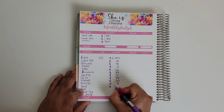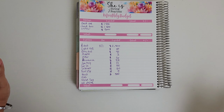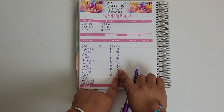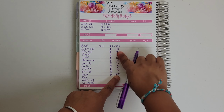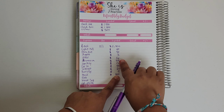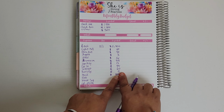Food about 500. Again, I'm just throwing a number right here. This is about the amount I pay every month from Apple to Pureflix. Okay,